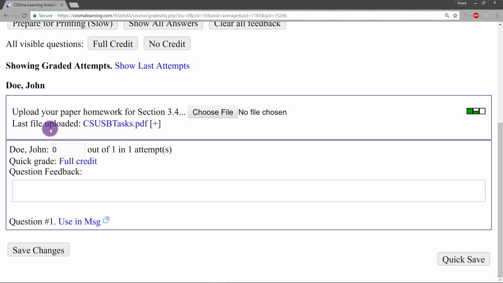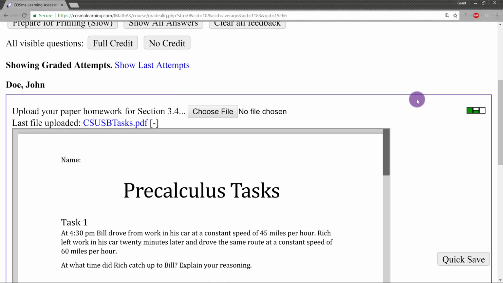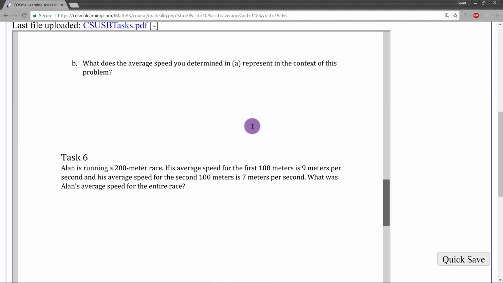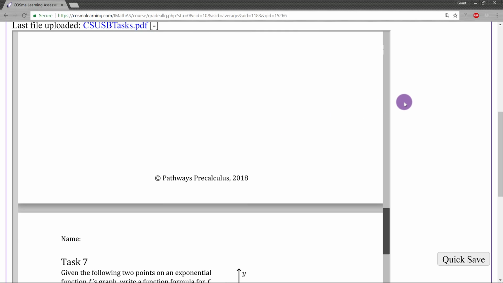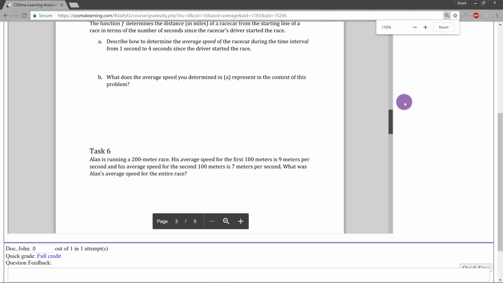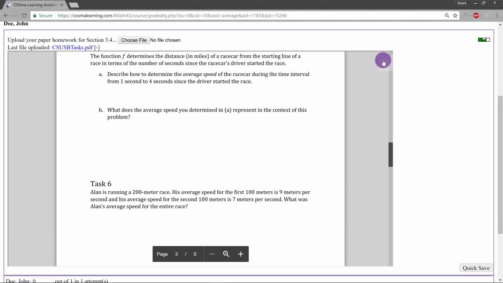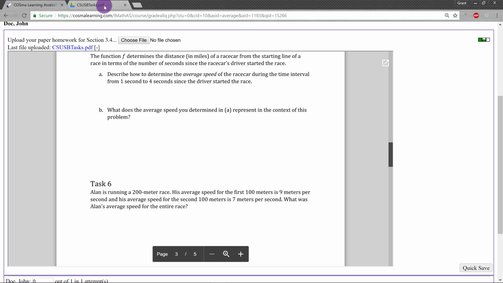We see that for the last file uploaded, it gives us a link to that file, so we could open it with that link. There's also this little plus button to the right side. You click on that, and it's going to drop down a preview, and it actually allows you to preview the file right within the page here. So I'll zoom out a little bit to normal view. We can either make this larger and pull this open in a full view,